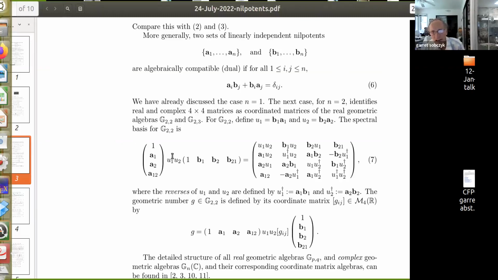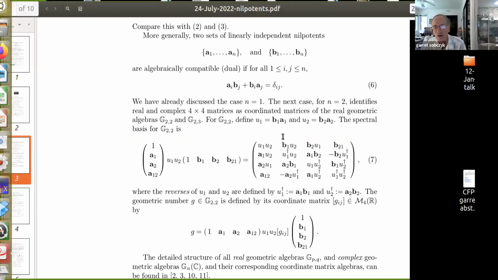Okay, that goes inside here. Then you have 1, B1, B2, B2, 1. That's the dual Grassmann algebra to the A's. Well, in a more general case, you have, okay. And now you multiply that out in the same way I got the previous one, for the spectral